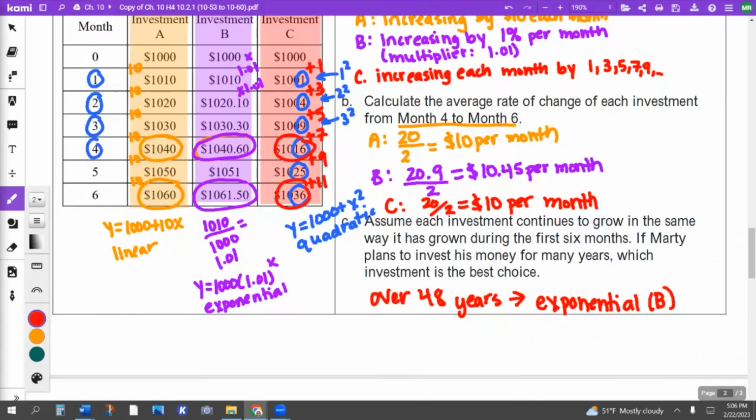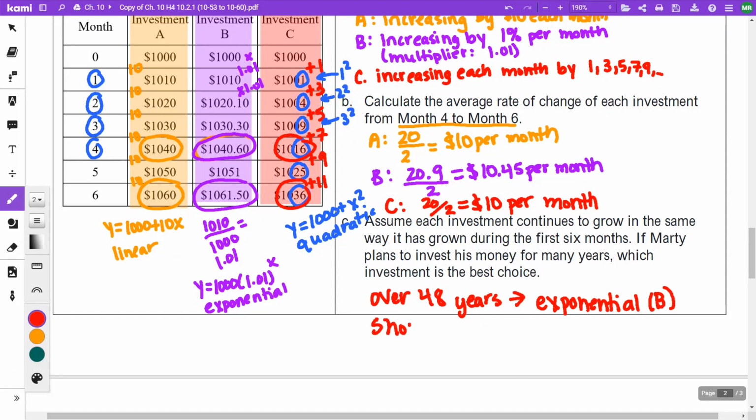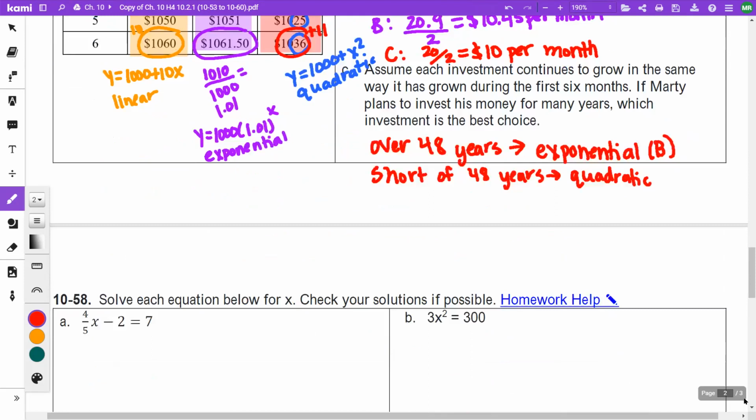Let me get back to the table. If we're looking at the table, if it's for 48 years, okay. But if it's short of 48 years, I would probably say the quadratic would be the best. Okay. And on 59,